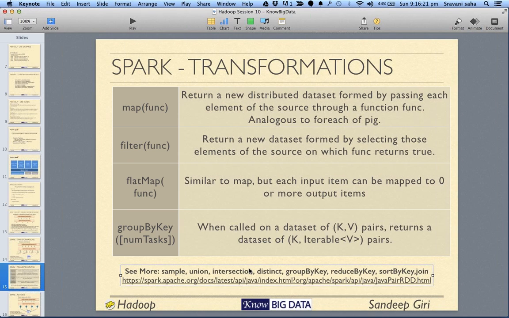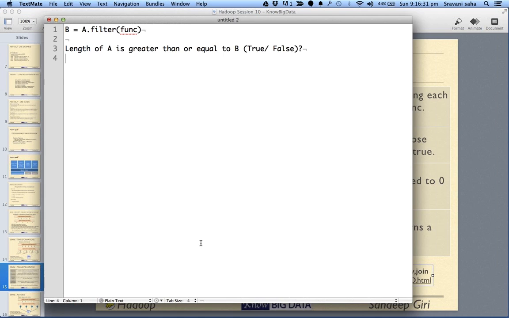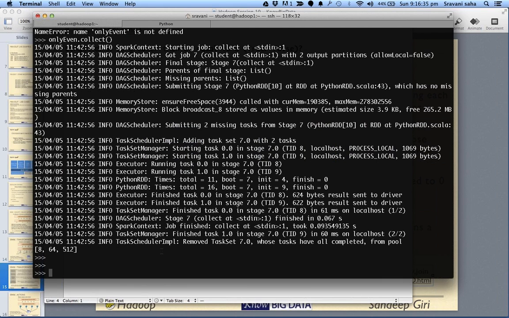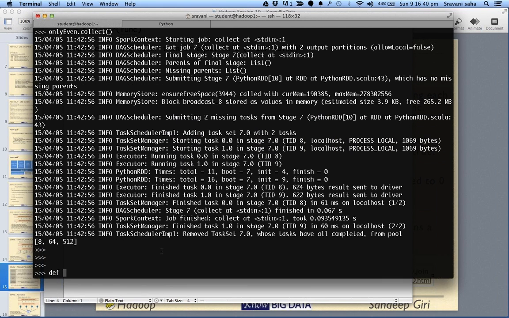Each element can be converted into multiple values. Okay, so let's see if we can define a function.